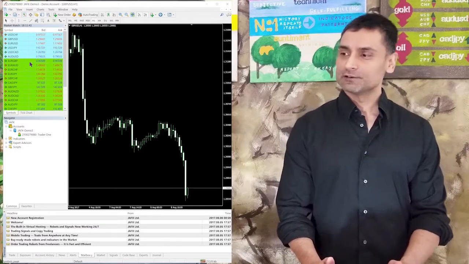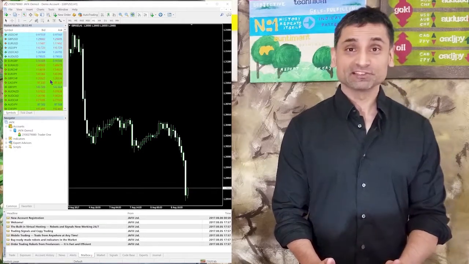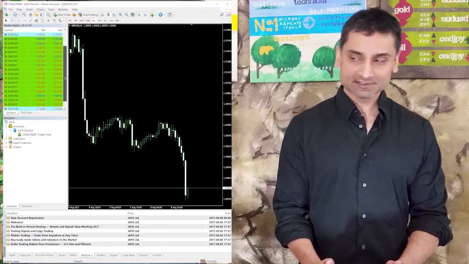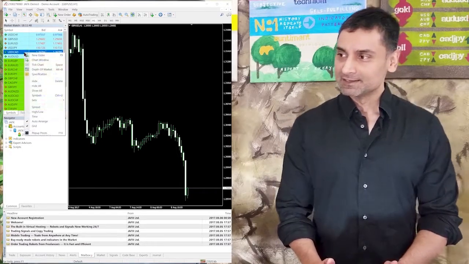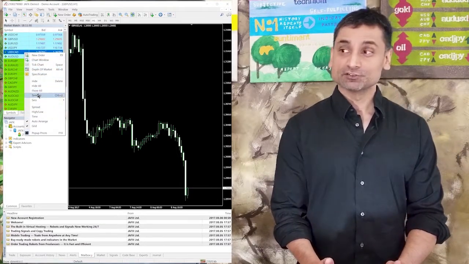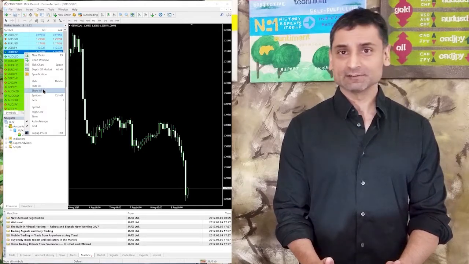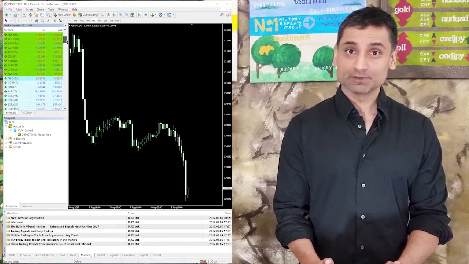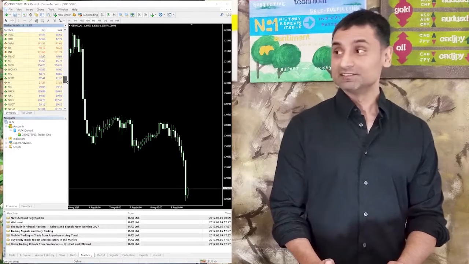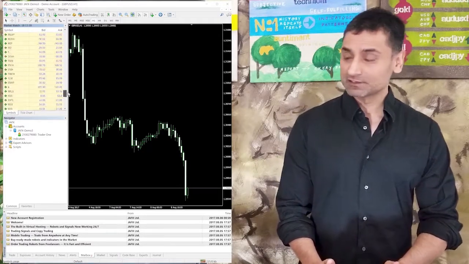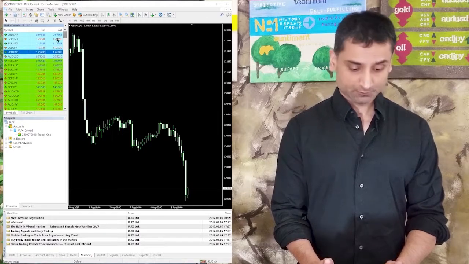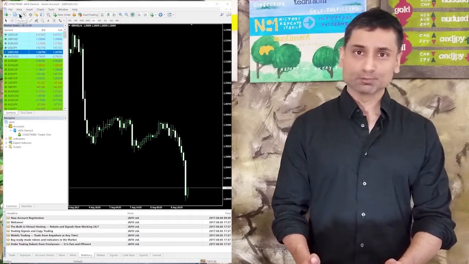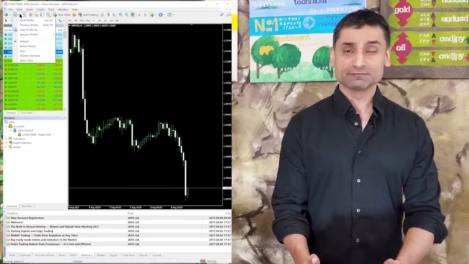If there are pairs that are not on the list here, you can right click this area, the market watch, and go down to show all and just click that, and everything that the broker trades is going to be on the list. In this case, you'll see that they trade a lot of stocks also. You can go over to the profiles and change to different pre-made